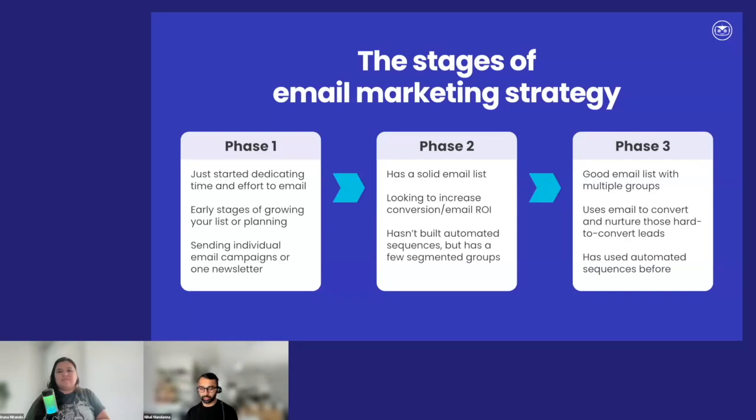So, regardless of where you are in your journey, it's really as simple as: who do I want to reach? Who wants to hear from me? And then how do I make sure that this is a beneficial and valuable resource for them rather than just something that's all about me, right? When you take the time to do that, people notice and you'll see more success over time. So having an engaged core email list is way better than having a giant list. Because also from a management perspective, if you don't know who you're talking to, it's going to be a nightmare to actually create solid content for them.